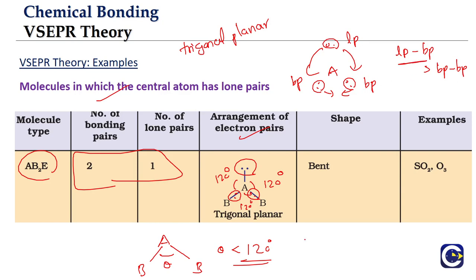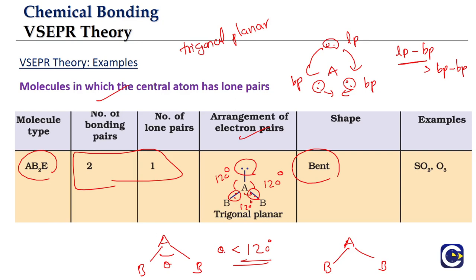Okay, and the other thing is the shape of the molecule. If you have a molecule like this, right, what will be the shape? Remember what we said in the experimental methods to find the shape. We will only be able to know the positions of the nucleus, correct? So we'll see the A nucleus, we'll see the B nucleus, we'll see another B nucleus. So what is the shape we see here? It is what we call as the bent shape. So that is the difference we are talking about.